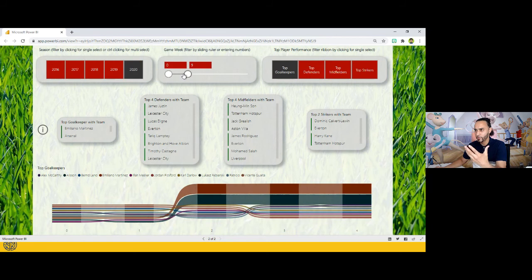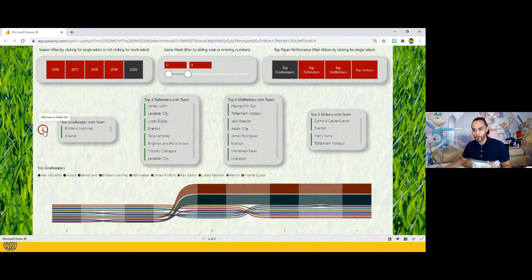And I like the way you can pick your game weeks, based on the game weeks 0 to 9 in 2020. This is the dream team that is picked out here, giving you your best keeper and the best set of players for your team, which is great. And if we want some more information, he's got a link here.